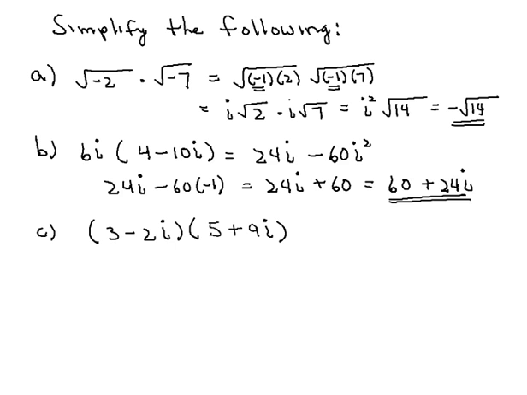And moving on to the third example, we have the product of two binomials. We can then rely on the old FOIL method that we've learned some time ago. So if we multiply the first terms together, the 3 times 5 will be 15. The outer product, 3 times 9i, will give us 27i. The inner product, -2i times 5, will be minus 10i. And then the last terms multiplied, -2i times 9i, will give us minus 18i